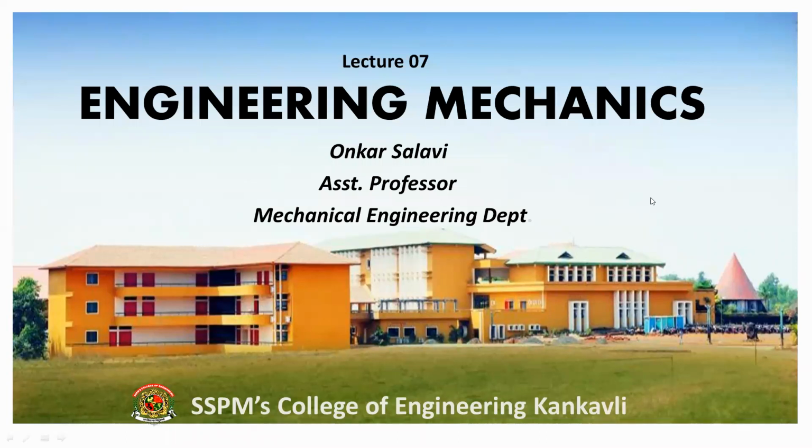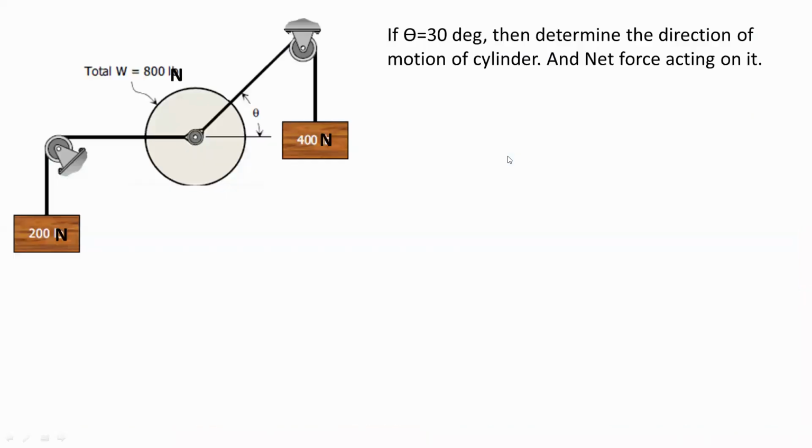So, this is lecture number 7 of Engineering Mechanics. During the last lecture, we were discussing the resultant for the concurrent force system and the steps to find the resultant. We have solved some problems on the resultant for the concurrent force system. In this session, we will solve one more problem on the concurrent force system by using summation Fx and summation Fy, and then we will start with the law of parallelogram.